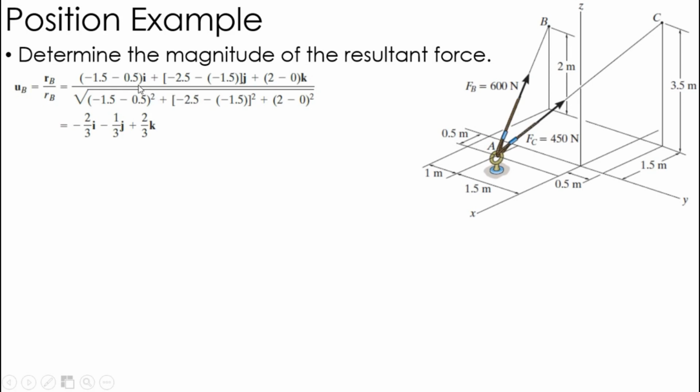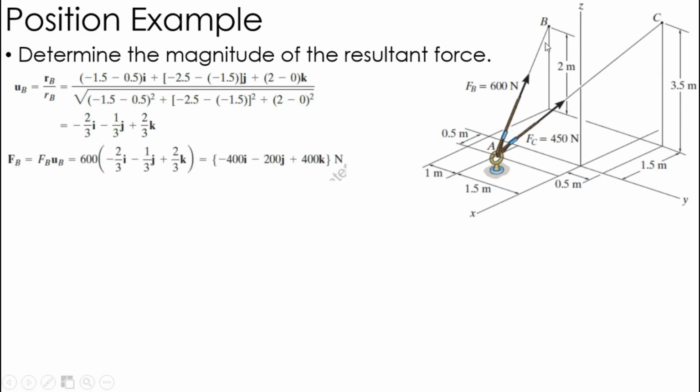So what would I call that? I would call that -2, -1, 2. Okay. So square root of that is just going to be the square root of the sum of the squares. That gives me the magnitude of the position vector. And I'm left with my unit vector, which is just -2/3, -1/3, and +2/3. And again, if I took the square root of the sum of the squares of this, I'd find that the magnitude of this is 1, which is what a unit vector is. So that's the unit vector